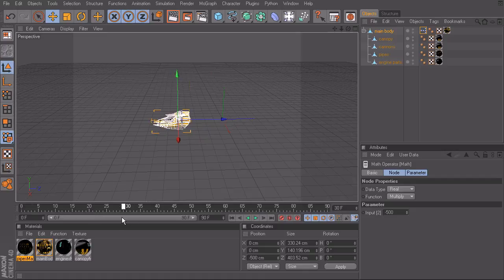Again, we're basically saying when the ship at the first second reaches that frame of 30, which is, again, 1 second, based off of our project settings, we're going to have it move negative 500 units. So that means by